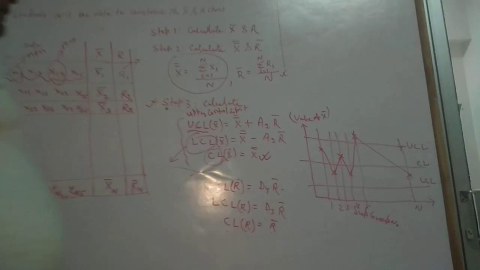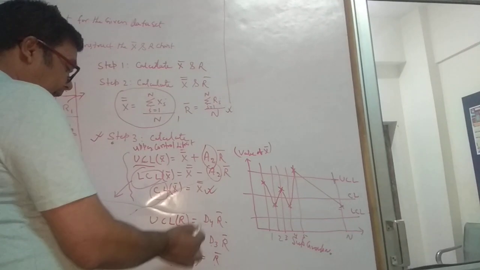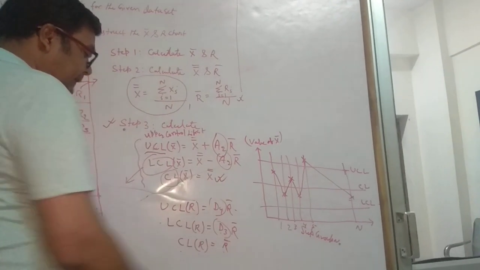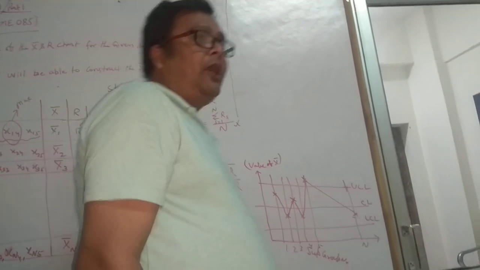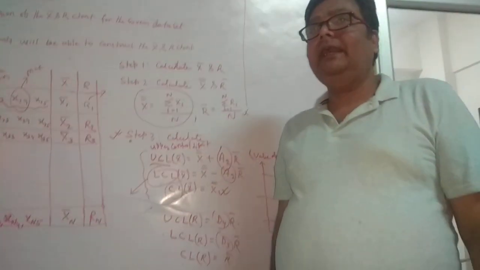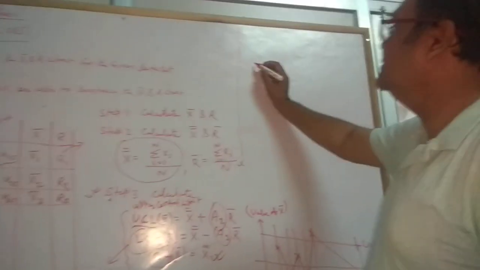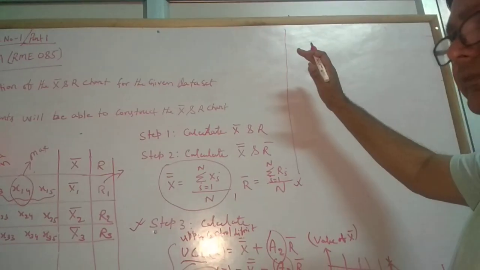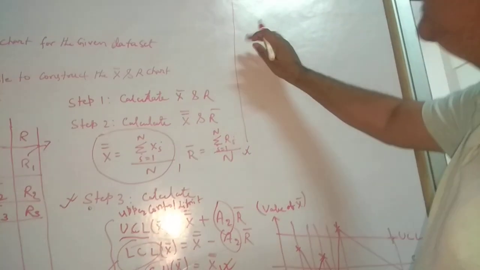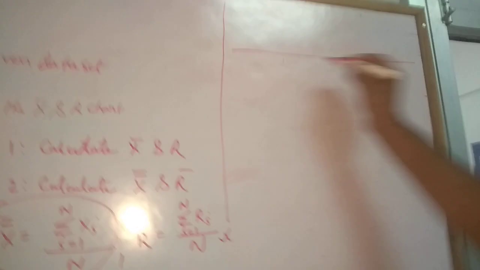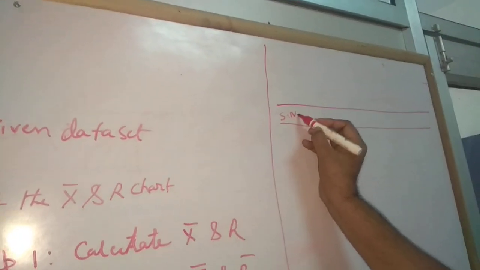Now you might be wondering where we will get the data for A2, D3 and D4. Just like how you might have used the steam table to get data on the basis of pressure or temperature, here also you will be given a table. This is the statistical table, and on the basis of sample number,